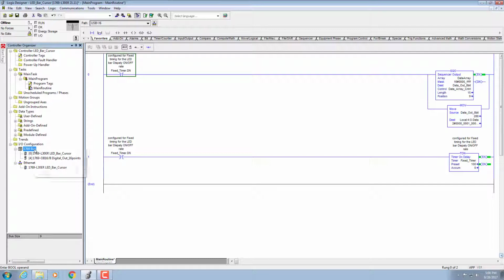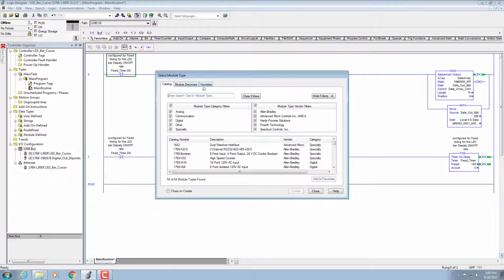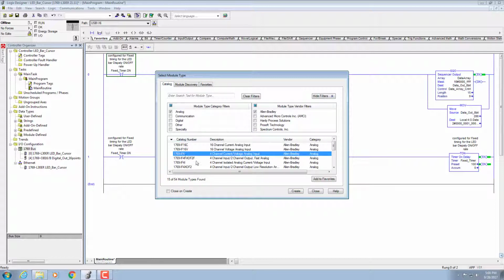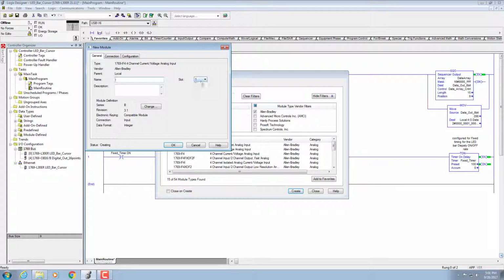by configuring the analog input module. Let's add it up. Okay, it is from the Allen Bradley analog channel. Let's filter it out, and it is the 4 channel module from the 1769 series Allen Bradley. Create, and I know that it is already connected at slot 2. Let's give it a name,